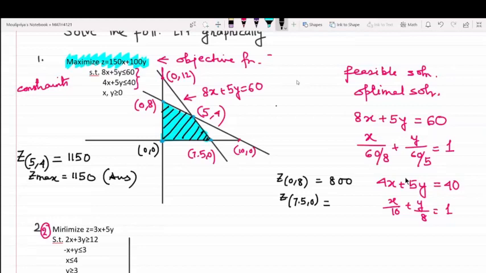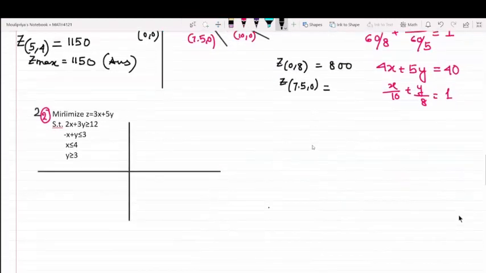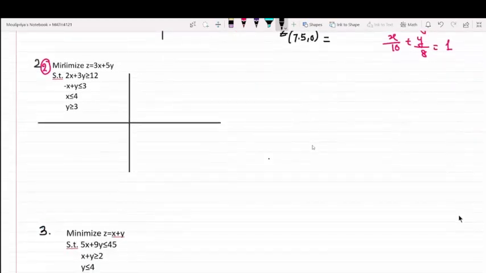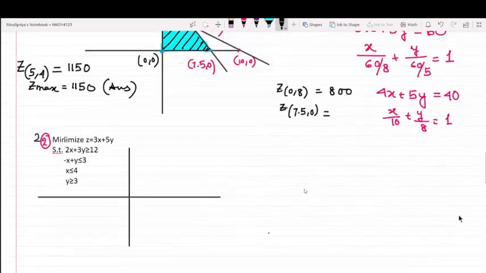Yes, ma'am. So this is the case where we got a unique solution, right? So the answer is a unique solution. I think last class I told you a case where the number of solutions may be infinite, right? If the profit line and the slope becomes equal, then we may get infinitely many solutions.